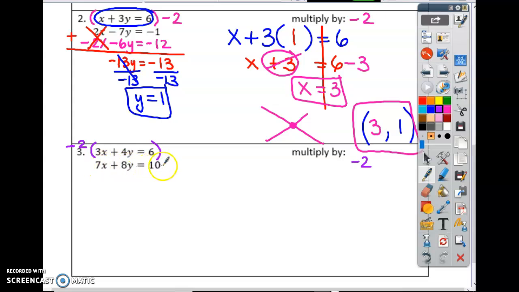This one's going to stay the same. Se queda esta. What's -2 times 3? -6x. What's -2 times 4? -8y. And then what's negative 2 times 6? Negative 12. Okay? And if I add them,